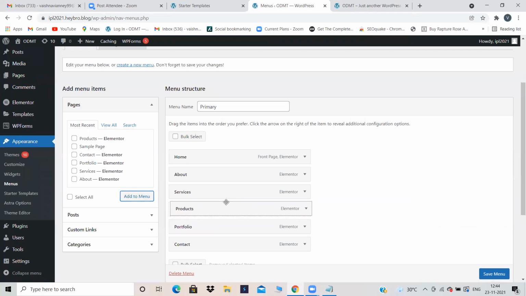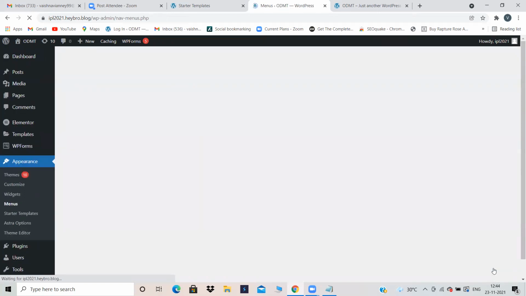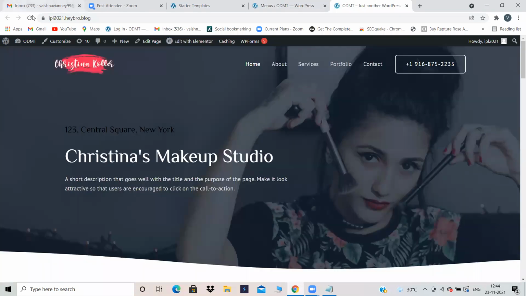Wherever you want to keep, you can just adjust it. Save menu. Then refresh it. See, editing, anybody can do. If you understand the Elementor dashboard, anybody can do editing. That is the reason I always tell you that website designing is not any great thing. Anybody can design a website, but you have to master SEO, Google Ads, and social media. If you learn that, then that is a great thing. Website designing is very easy to do.